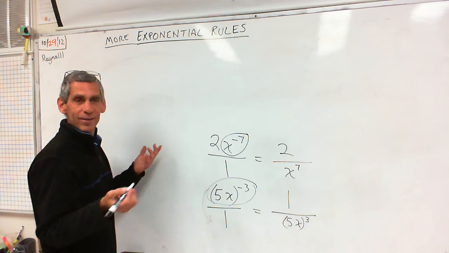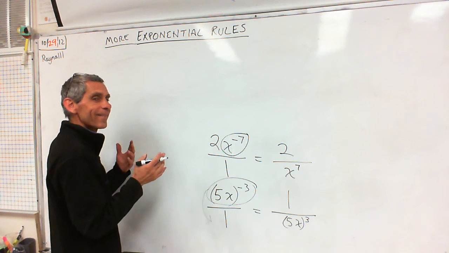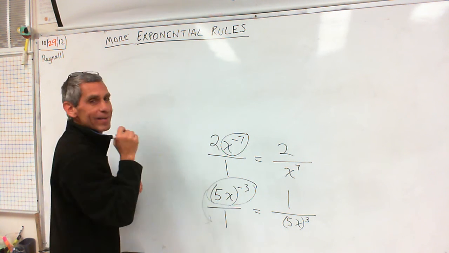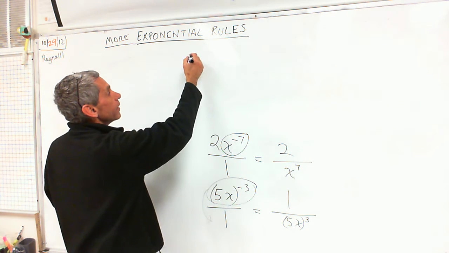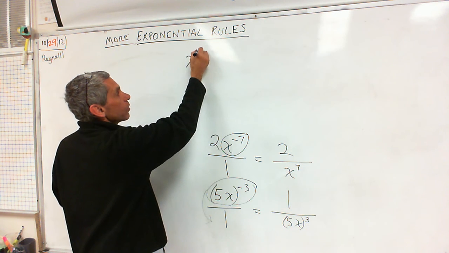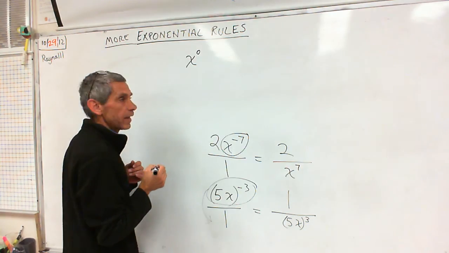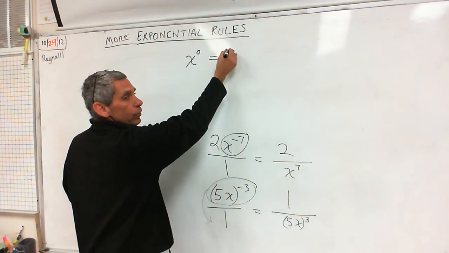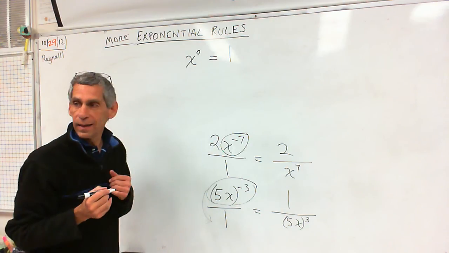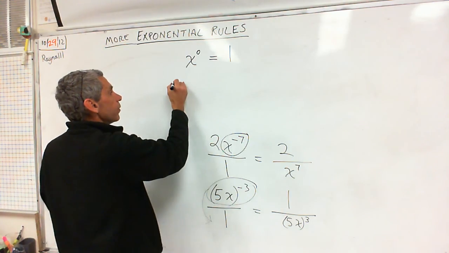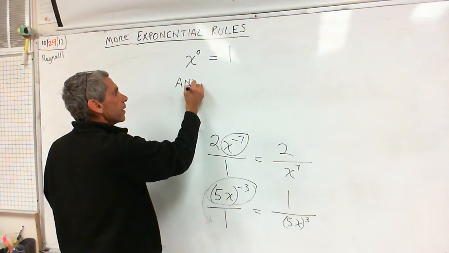Here we go. This is a great video, right? Okay, so here we go. This is the last rule that we're going to learn today. X to the 0 power. Sal was asking about this. Equals 1. Anything to the 0 power. So I'm going to write it this way now. Anything